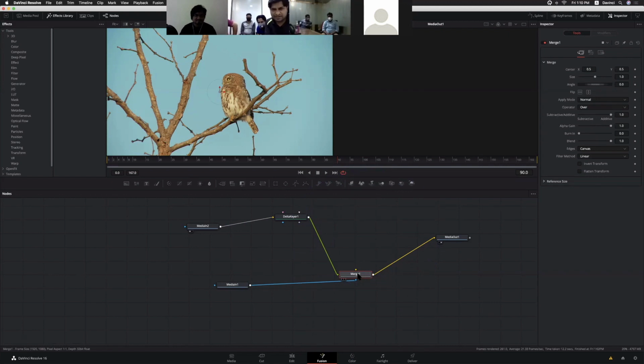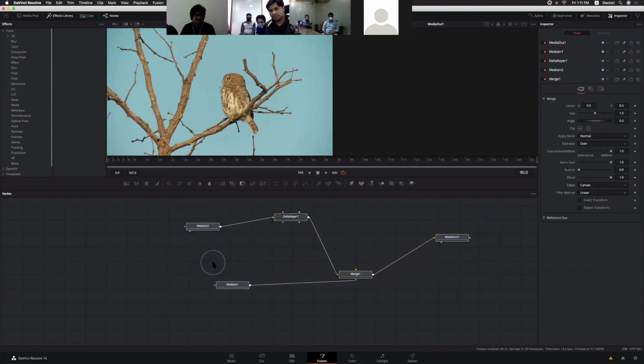And we can save this as a preset also. For example, if I'm using one color correction or one glow, I can preset it and use it for some projects. Yeah, I'm sure the option will be there, but I'm not sure where it is in the Fusion page. You're asking whether the modification we did for this compositing can be saved as a preset. Yes, I'm sure it's there, but I don't know where it is. You need to explore Fusion.